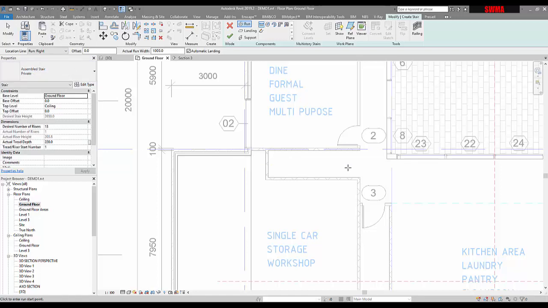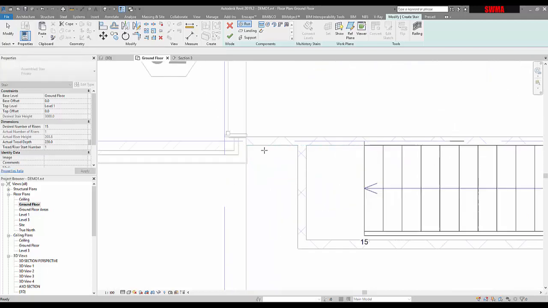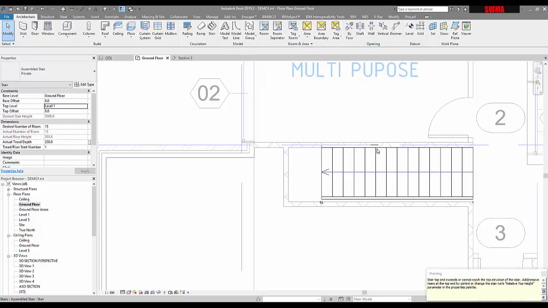and I want to draw this in the space, but I want to make sure that the location line is set to run right. The width, we'll just leave it as 1000, and at the moment it's going to the ceiling. I want this to go above the ceiling and finish at level 1. So all I need to do is just add those settings. At the moment it's 220 for the tread depth. It will automatically work out the rises for you, and we're just drawing from here to here. You can see here it's gone and created 15 rises to get to that point from ground floor to level 1. And we'll go OK, and